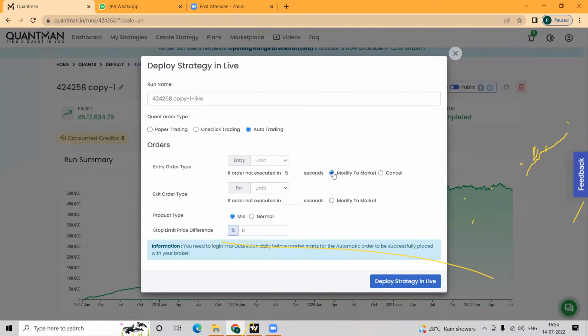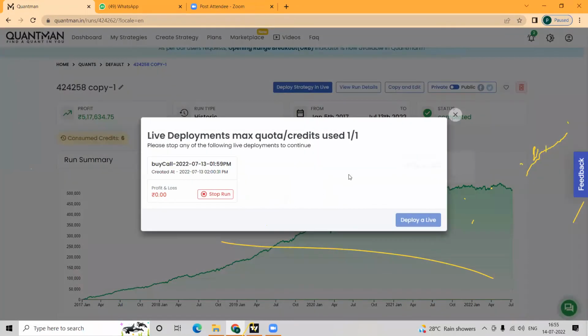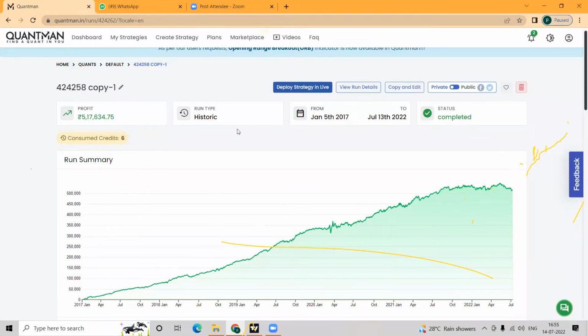After n number of seconds, you can modify the same limit order into a market order also. Limit and normal. Just ignore the stop limit price difference, because if I tell you, then you will be confused. So deploy the strategy in live again. But in exit, we do not allow canceling the orders, because if the market falls suddenly, you will face huge losses. That is why we don't allow exit orders to be canceled. Just deploy the strategy in live. Okay, if you deploy, that's it. So it is a simple kind of